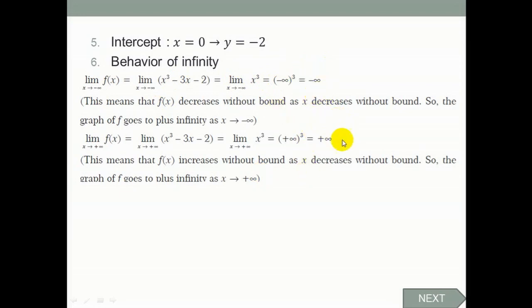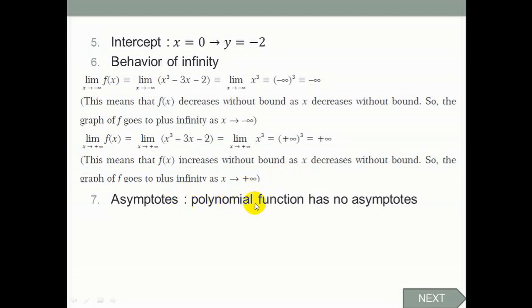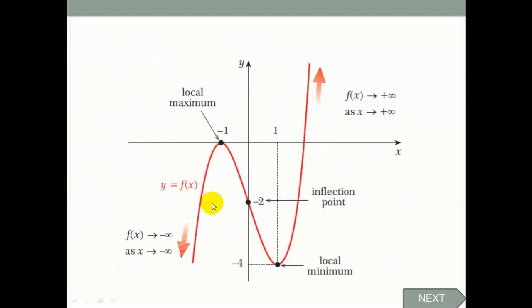When you see the result, it means the graph goes on, and doesn't have an end. And then the seventh is asymptote: a polynomial has no asymptote. Why doesn't it have an asymptote? Because it is not a fraction function. Fraction or rational function is the same meaning. Okay, the last is graph. For the graph, we substitute from the previous increase values into the function, and you will get 0, minus 4, and minus 2. And then you will see the graph from here.